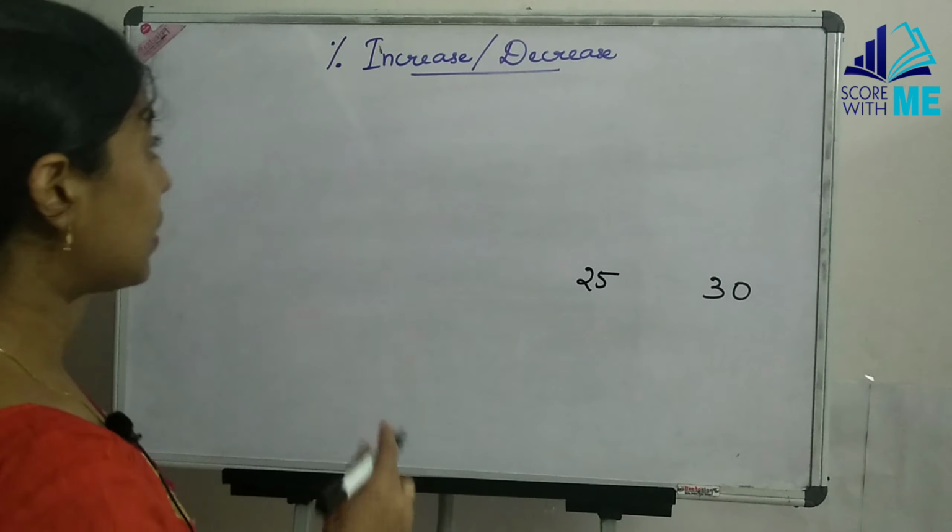So here if we are to find the percentage increase value, let me indicate percentage increase with an upper arrow for increase. Then the final value is 30 minus 25 by your initial value, that is 25, into 100. So in short, I can write 5 by 25 into 100. 25 4s are 100, and so 20% is my percentage increase.